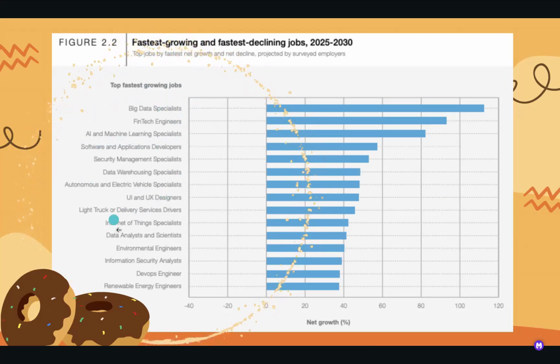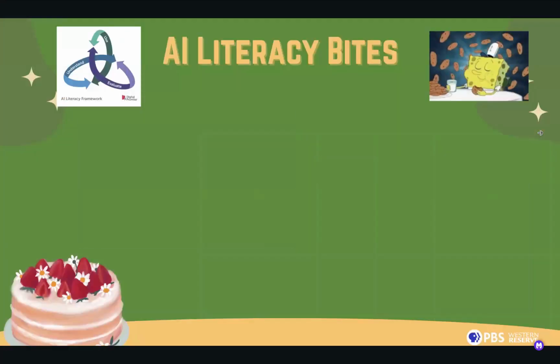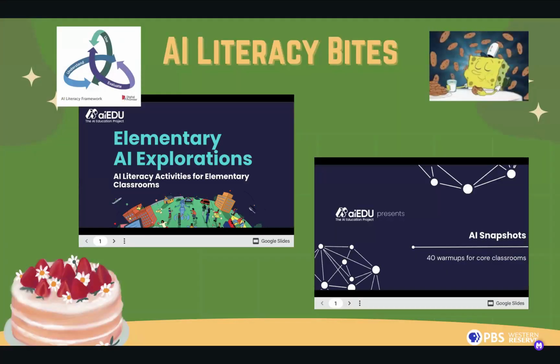And then you have all these other ones here. So many of them are tech related. So when we're thinking about this, engineering and designers and IT and whatever that may be, AI is going to be a huge part of that, and so is technology. So again, I always think back, okay, I'm an educator, K to 12. How am I helping prepare these kids for jobs that we don't even know are going to be out there yet? Because guaranteed those jobs on those lists probably weren't there 10 years ago, for sure.